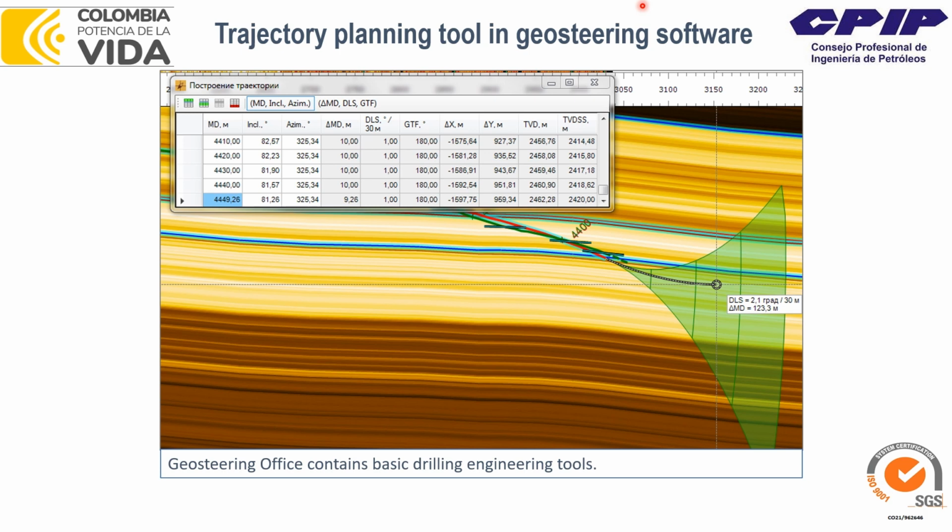In the software I use, for example, we have this small trajectory planning tool, which allows you to interactively place the trajectory back inside the pay zone. So you can try different scenarios. You can check how many meters you would need to get back to the pay zone if you use the dogleg one, if you use dogleg two, etc. So this is for the geosteering engineer to play with the trajectory, and when it's ready, just to